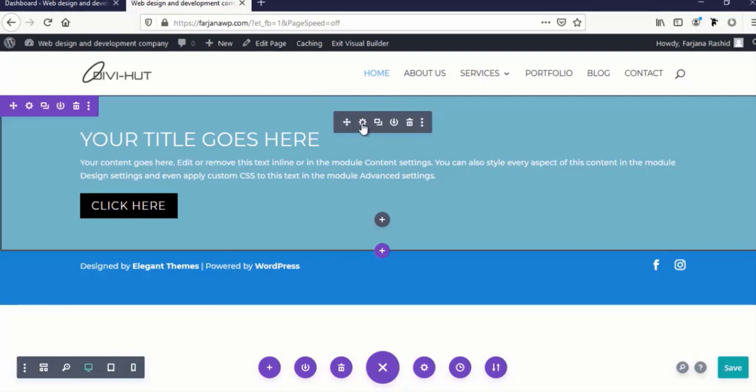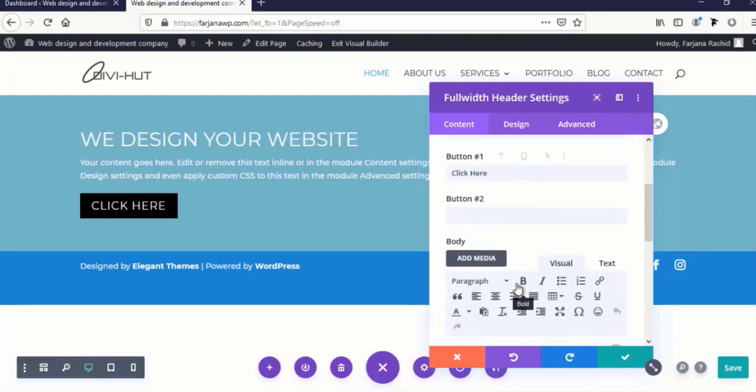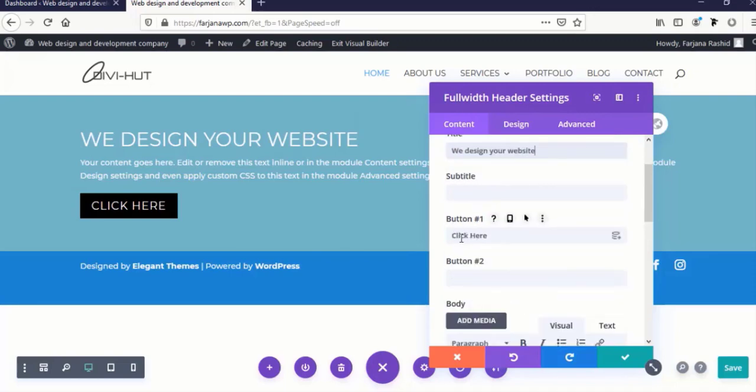Now I'm going to edit this section, clicking this gear icon and changing my title. For example, we design your website. And then I'm typing in this button text. Here I'm typing read more,